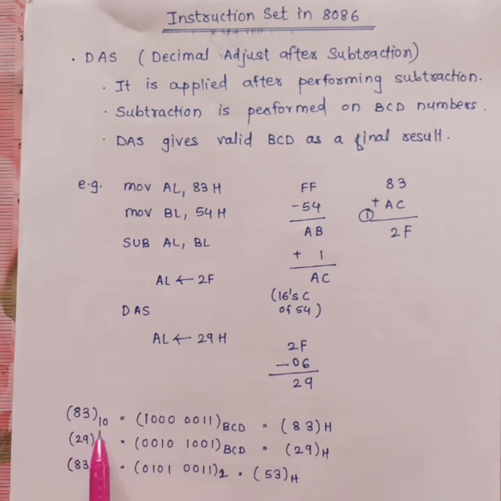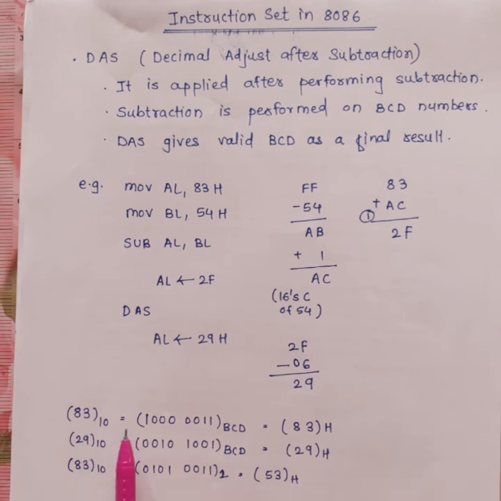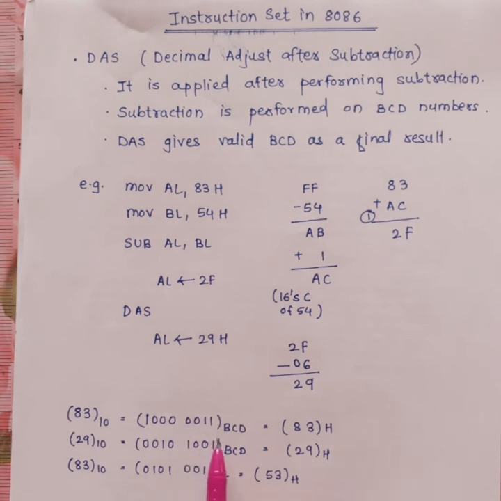So 83 in decimal. From this, every digit is represented with 4 bits in binary coded decimal. So 3 is represented as 0011 and 8 is represented as 1000. As the decimal numbering system supports the digits 0 to 9 only, at max with 4 bits, 9 can be represented in BCD.